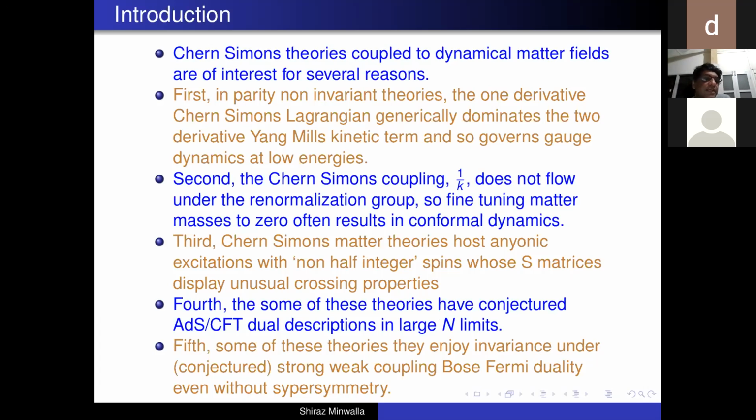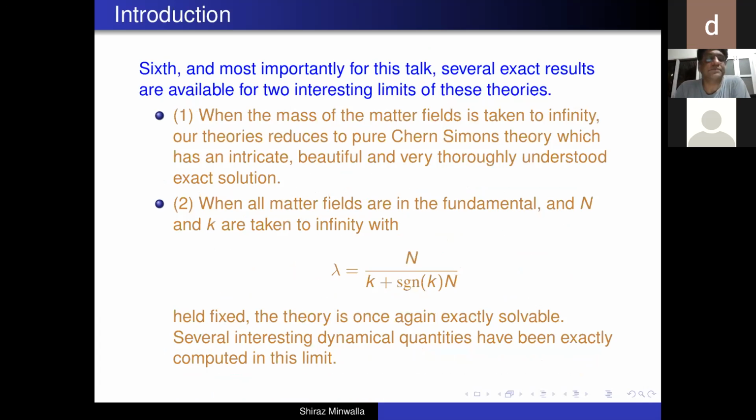Fifth, some of these theories enjoy conjectured strong-weak coupling Bose-Fermi dualities. Okay, so field theory dualities. On one side, a theory with Chern-Simons coupled to bosons, and on the other side a theory with Chern-Simons coupled to fermions. And these theories enjoy these conjectured strong-weak coupling Bose-Fermi dualities, even in theories without supersymmetry. That's sort of interesting. Now, finally, and for the purposes of this talk, most importantly, these theories are actually theories